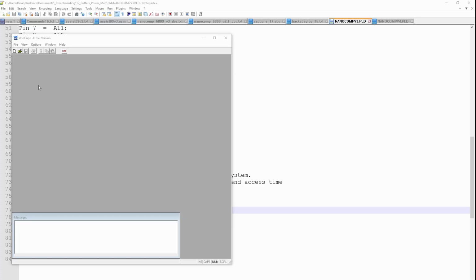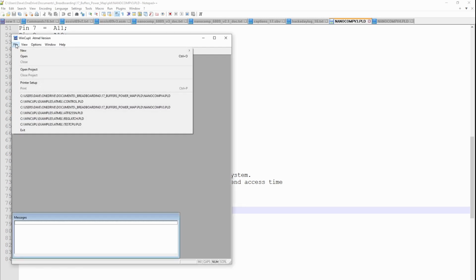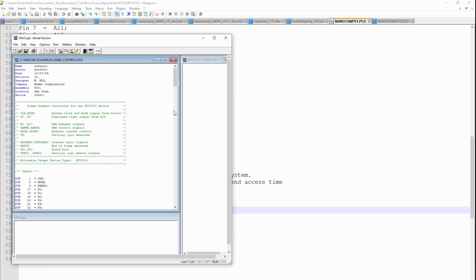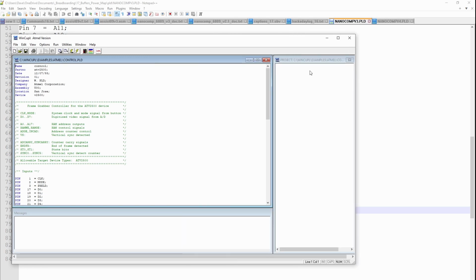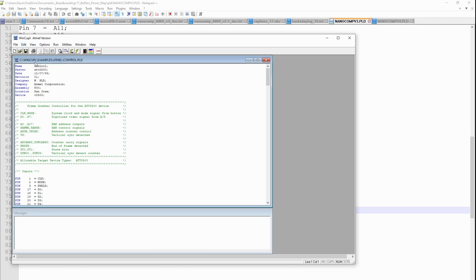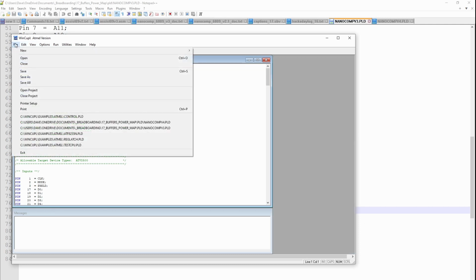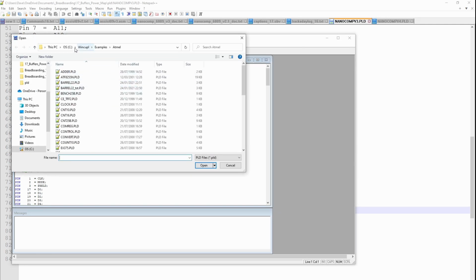So this is WinCUPL, WinCouple, however you want to say it. Now there are some bugs in this: whenever I open my files, when I have the project view open, it just crashes and bombs out. So what I've found is that if I open one of the reference applications, you see here it has the project page, although it's not populated with what we'd expect. What I can do is turn off the project view, and then if I open my own file, I'll find that it will open successfully.